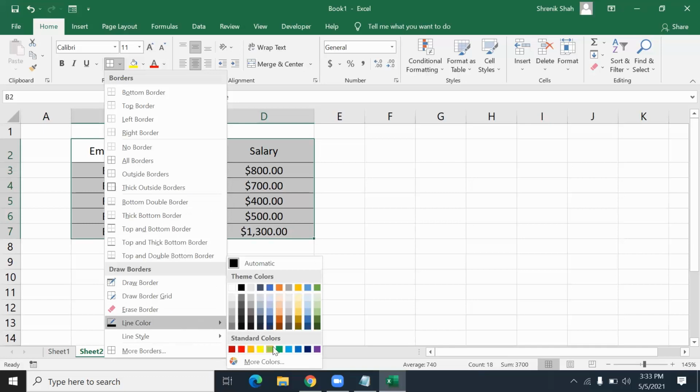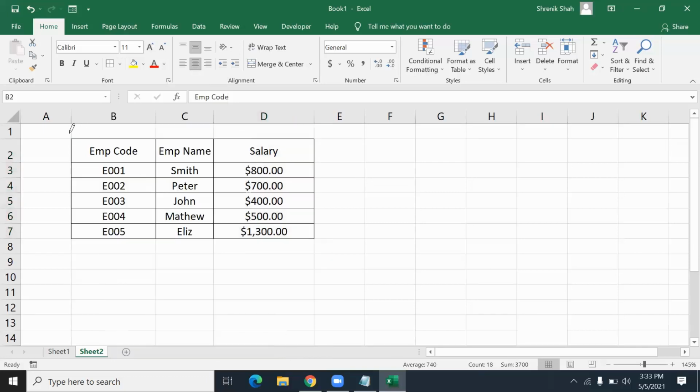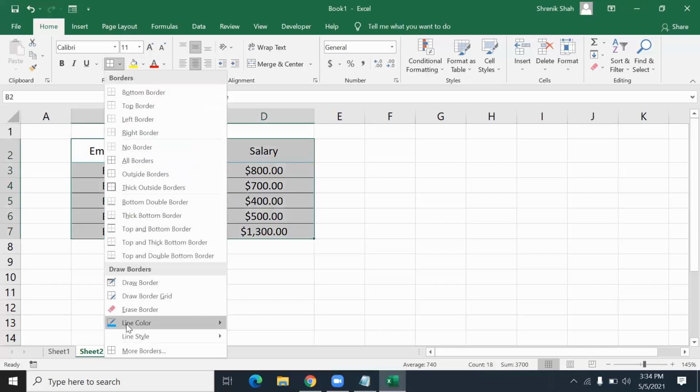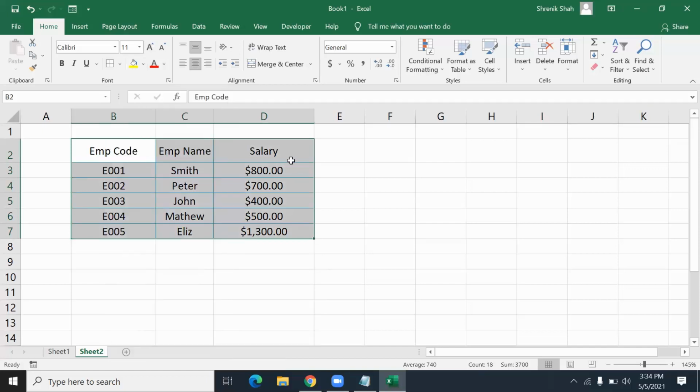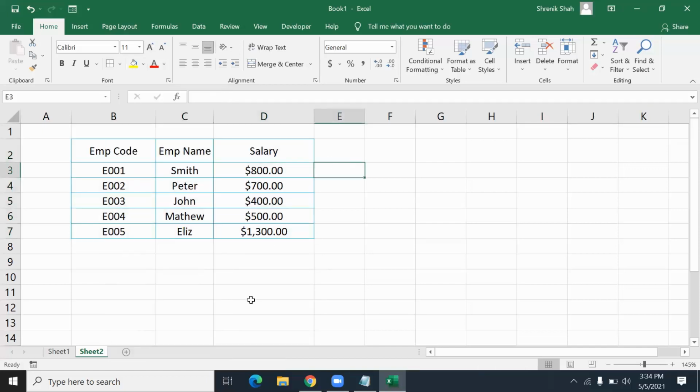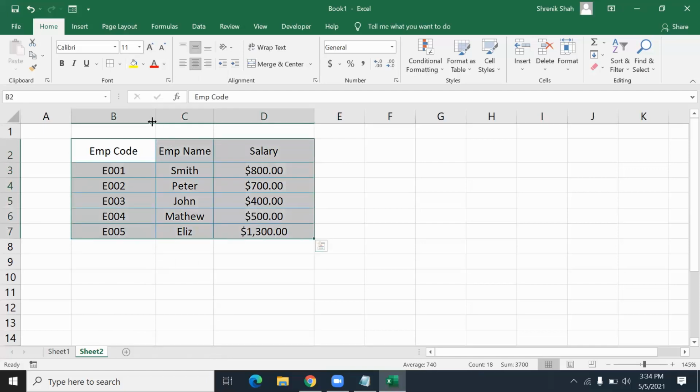Here I select line color as blue, and it shows a pencil, so you can draw like this and change the color of the table to blue. But consider the table has 1,000 rows; drawing like this would waste a lot of time. So instead, just press the Escape key on your keyboard, which cancels the pencil, but the color, as you see, is now blue. Now if you click all borders, it shows borders in blue color. I also changed the thickness.